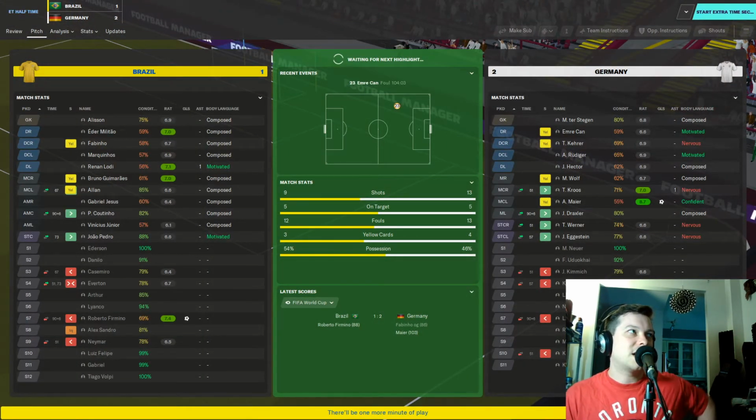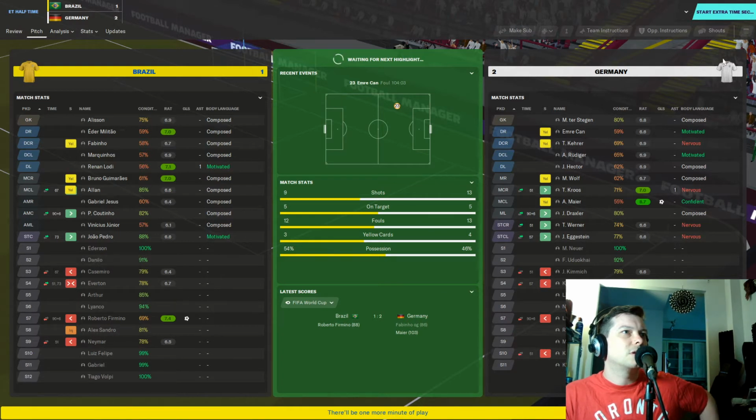Here we are, halftime at extra time. I think everyone's used all their substitutions. Do they have 4? They do have 4. So Brazil has one more sub to use. We'll see if they use it. Who could influence this game? They've got Danilo. They've got Gabriel, Arthur, Luis Felipe. I think Volpe is a backup goaltender, if I'm not mistaken.